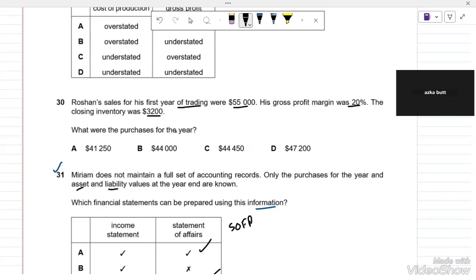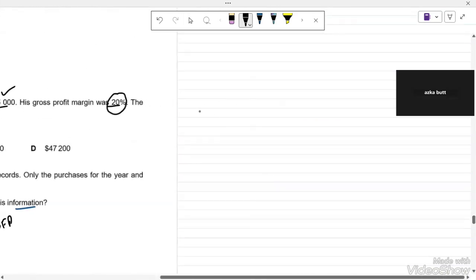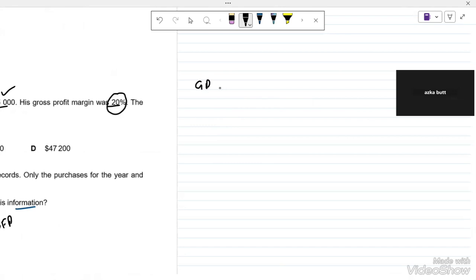To find the purchases, first of all, we have the information related to sales, we have the information related to GP, and we have the closing inventory, and we need to find out the purchases. Since the gross profit margin is 20%, we can find out the gross profit. So how can we find out the gross profit? There is a formula: GP is equal to